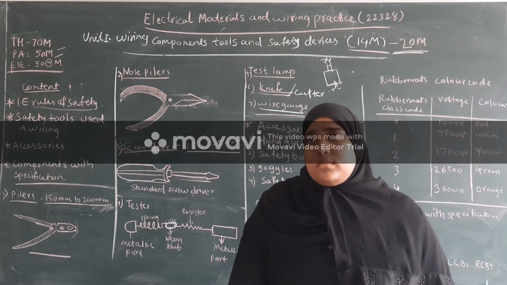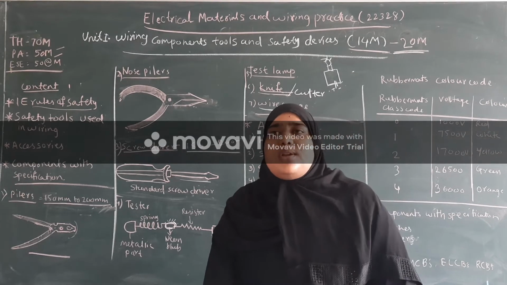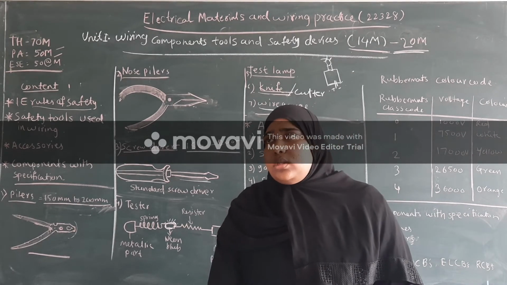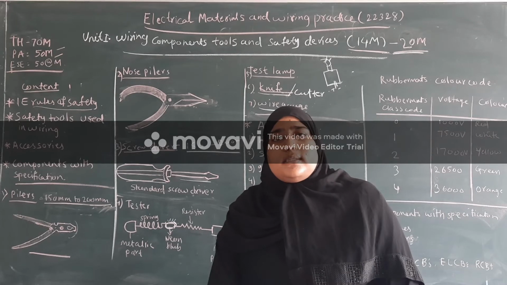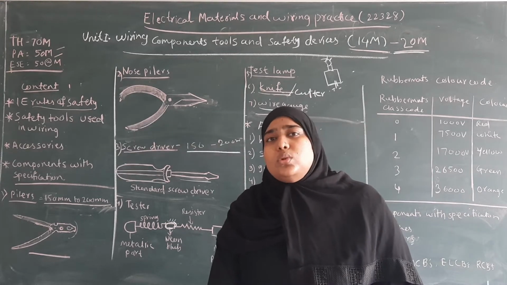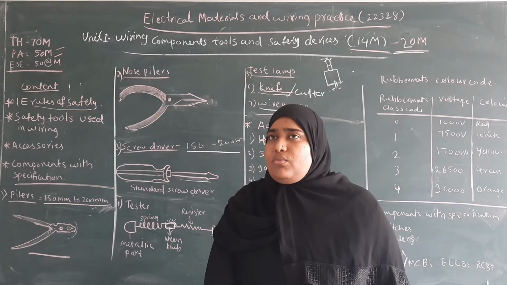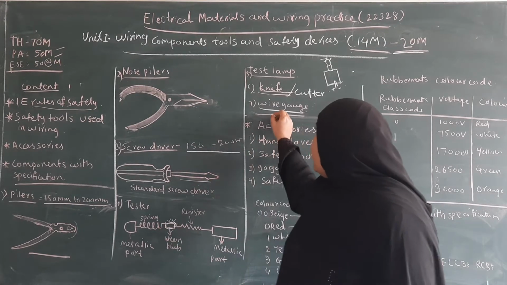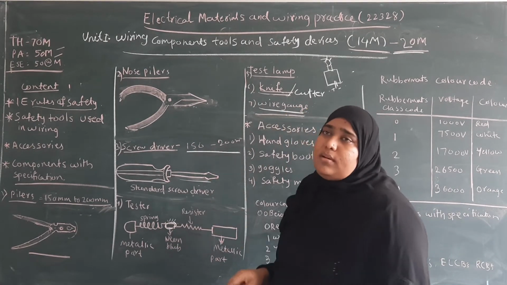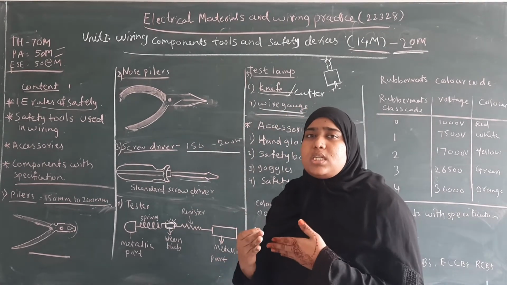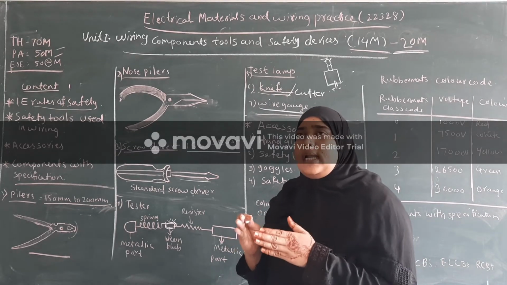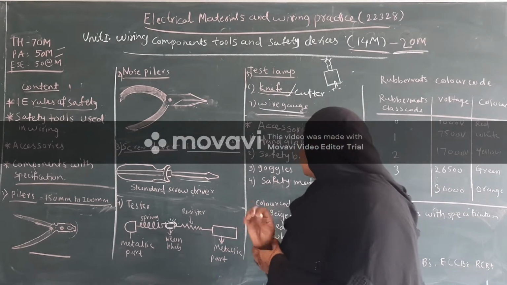Means if you install some small installation, at this time we have to use the standard ratings of the wires. Which rating we have to use? By using the wire gauge, we have to check the standard ratings of the wire gauge. Means when the diameter changes, the length also changes. Length changes means the rating changes.